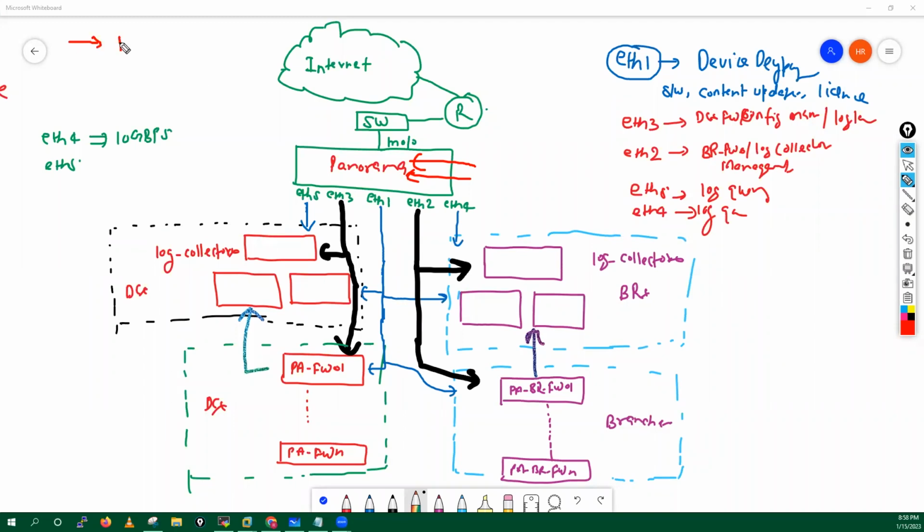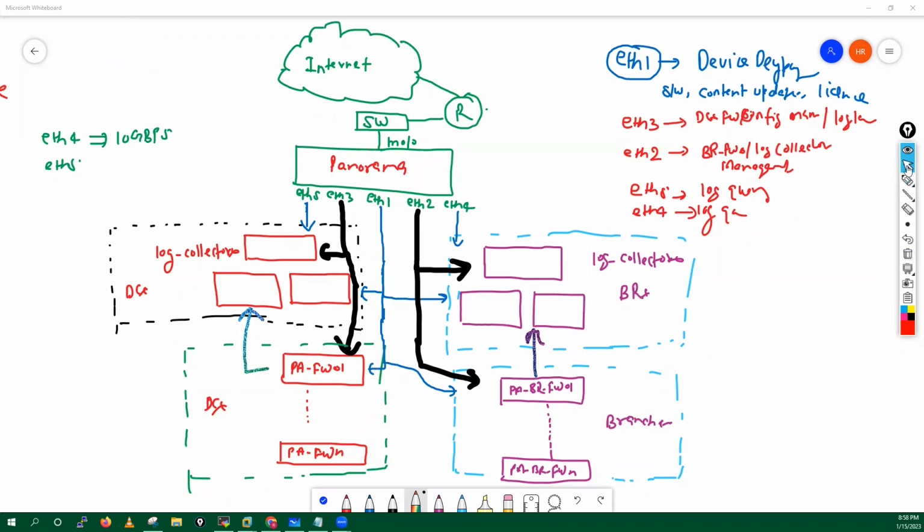Bandwidth kind of issue. Let's suppose your firewalls are sending lots of logs, and you are also trying to push some configuration. Then what will happen? Your config push will get delayed, right? Or maybe you are sending some software updates, they also get delayed. Maybe you will see some high utilization and all. Such kinds of issues you will face. Yeah, correct, sir, and that is why we are facing this issue actually.